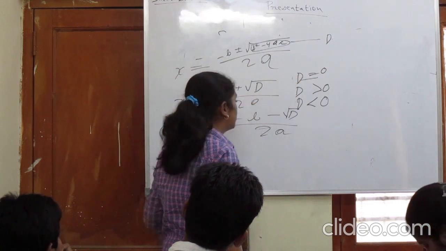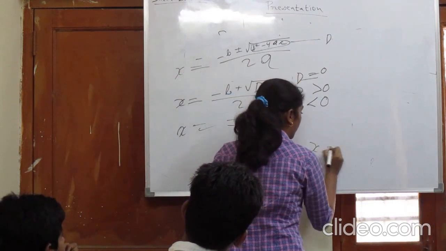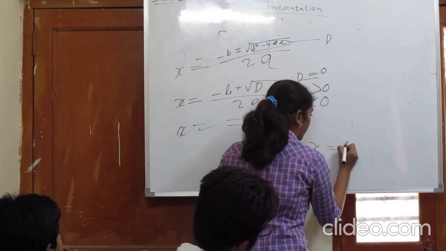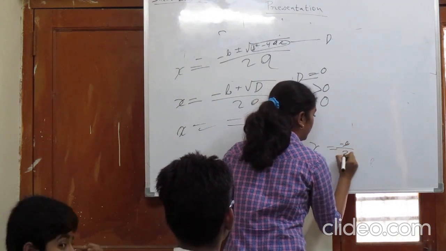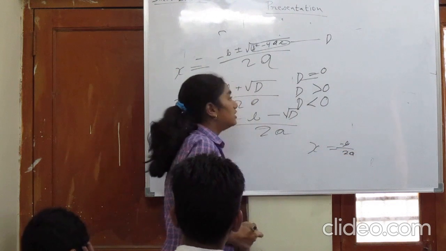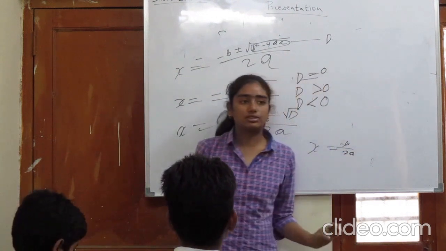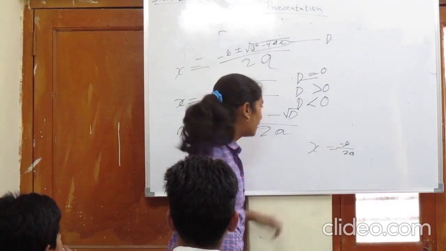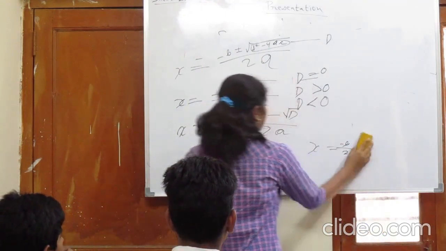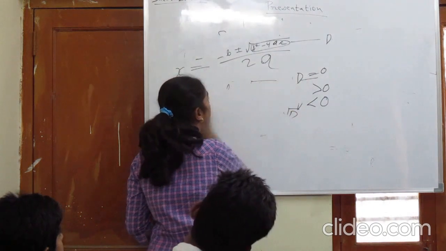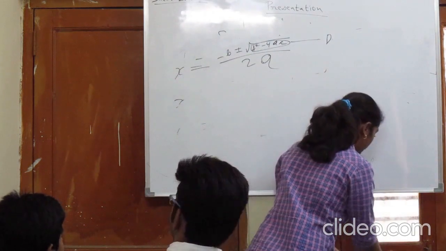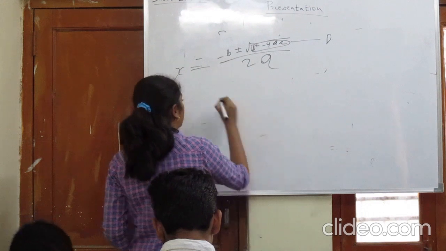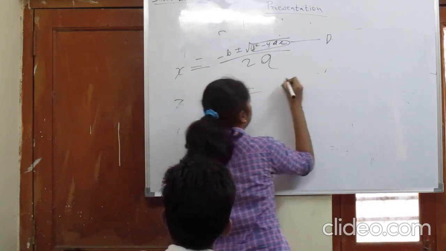In both the cases we will get x equals to minus b by 2. That means when b equals to 0, then the roots are equal and real. If b is greater than 0, then the roots are x equals to minus b